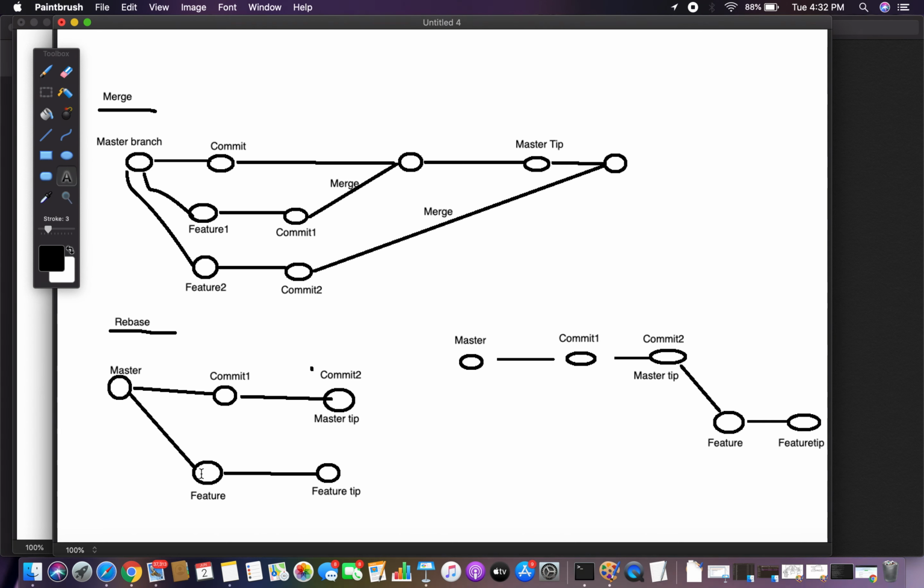This feature branch base is moving to the tip of the master, but in rebasing the feature branch, it makes multiple commits internally. To bring the starting position of the feature branch, the base of the feature branch, to the tip of the master, Git internally makes so many commits, but we will not be doing all of them. Rebase, with internal commits, will bring the feature branch base to the tip of the master. And this is the concept of a merge and a rebase.